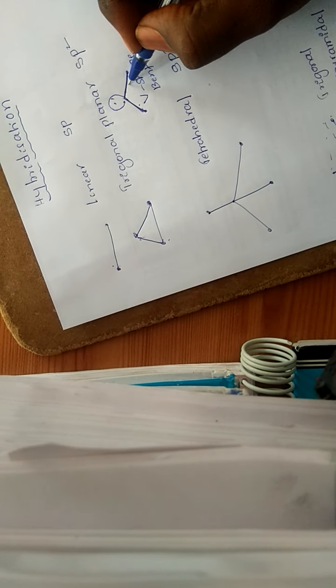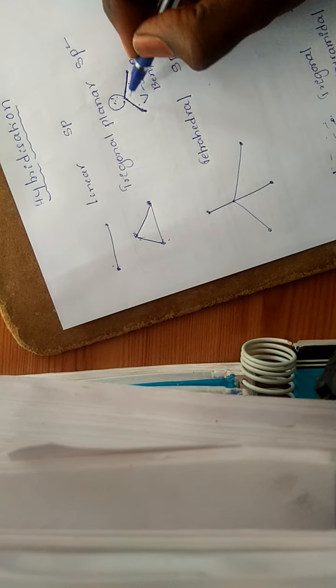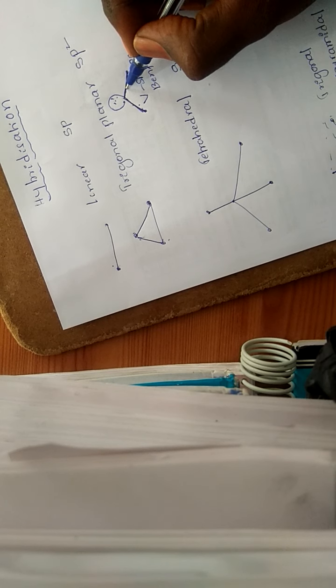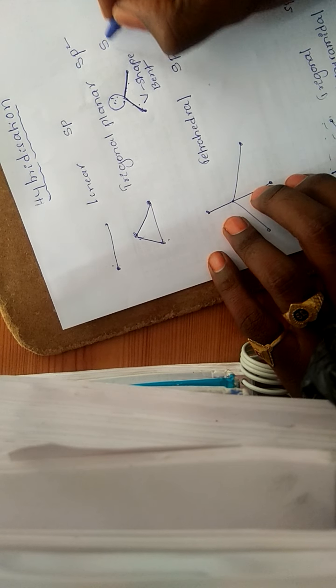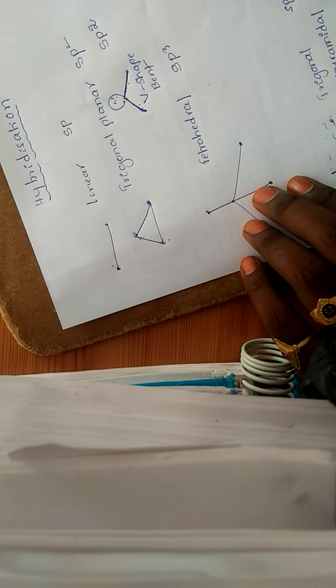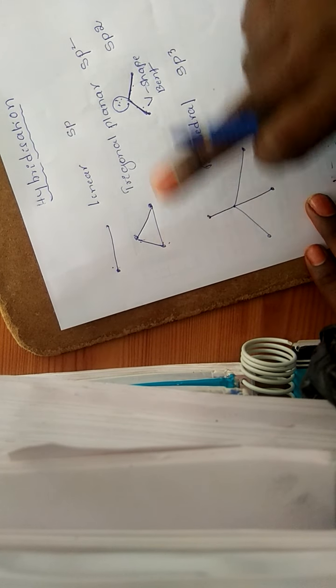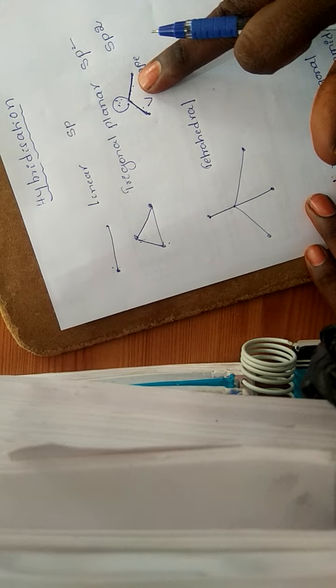Now this hybridization. Hybridization is number of bond pairs plus number of lone pairs. How many are there? 1, 2, 3. Means one lone pair, 2 bond pairs. Now hybridization is same as parent molecule, sp2. Hybridization will not change between parent molecules and hybrid molecules. Hybrid structures both are same only.